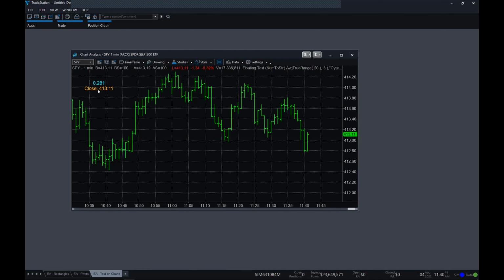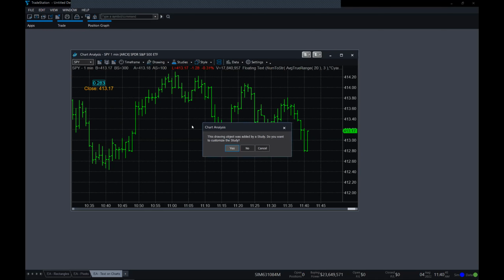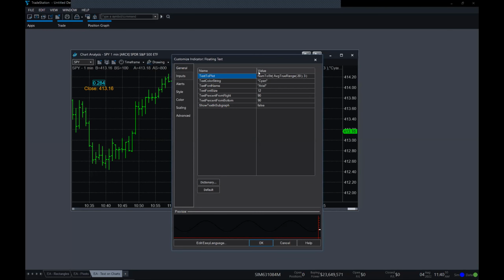Okay. So now, we could do the same thing up here, edit the text here and just put a little indication here that it is the ATR, like so.